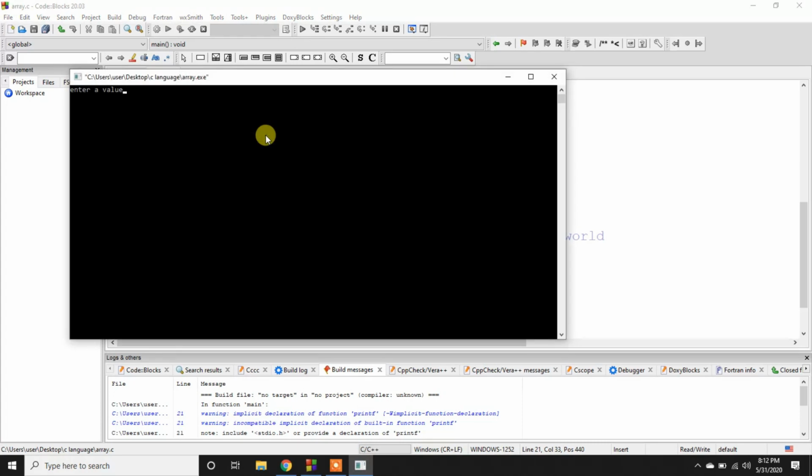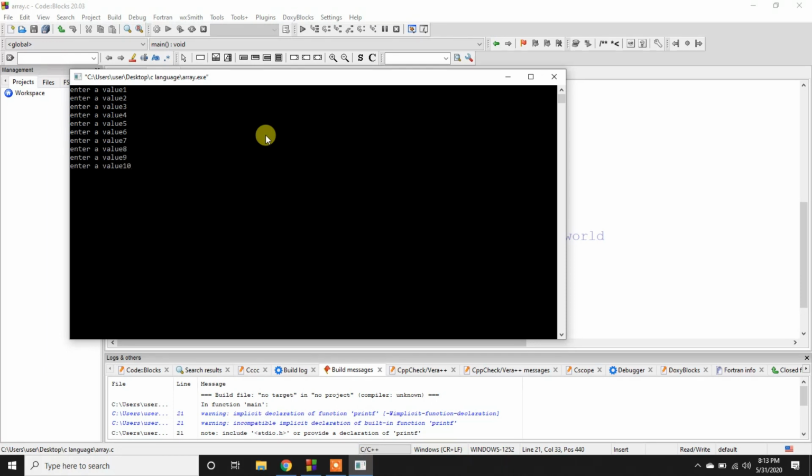Yes, it is working. So we are going to enter 1, then 2, then 3. We need to give a total of 10 values because our loop runs 10 times. So it's 4, 5, 6, 7, 8, 9 and 10.